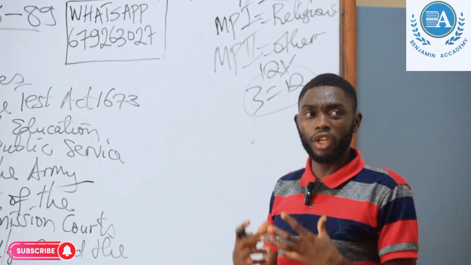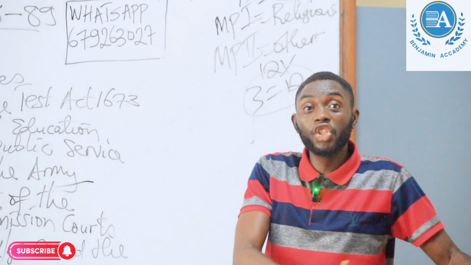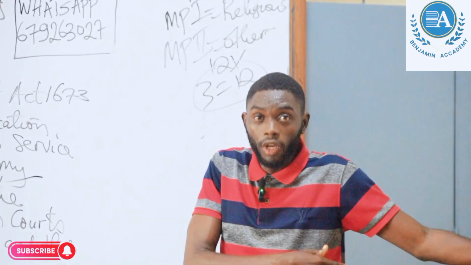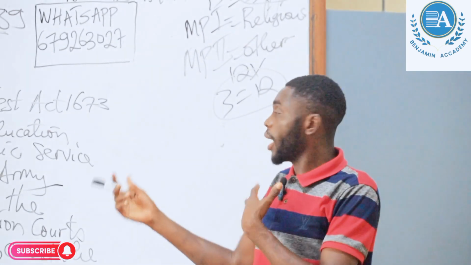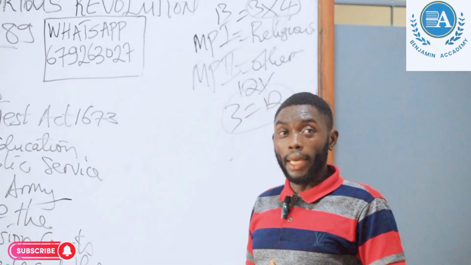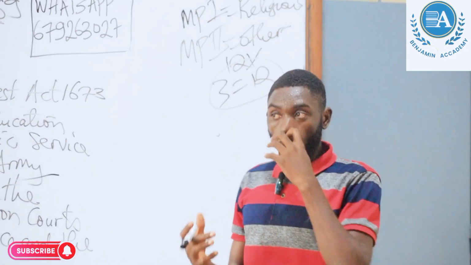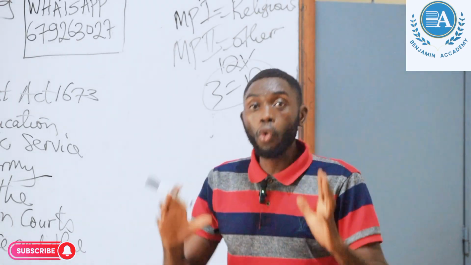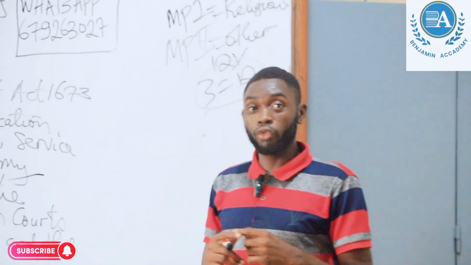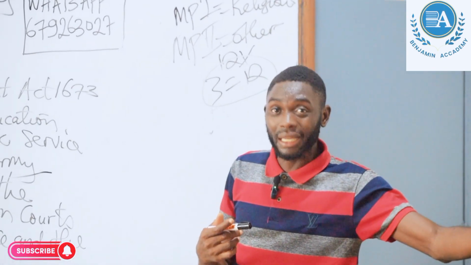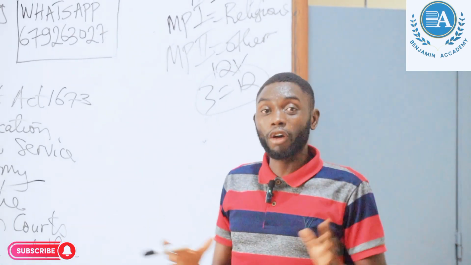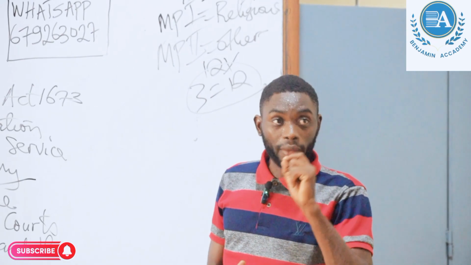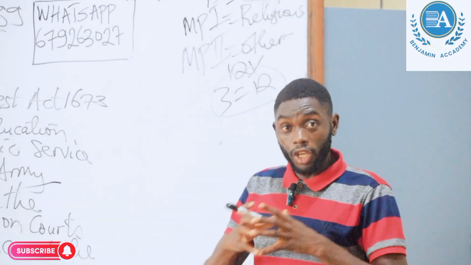If you write on the religious reason, you should take a transitional statement, which is another paragraph, to introduce the main part two of the question. Well, we have looked at the causes of the revolution. In our subsequent videos, we are going to look at the glorious and inglorious aspects of the revolution. We are going to look at the Bill of Rights, the effects of the revolution, and the Revolutionary Settlement Act that was passed at the end of the English Glorious Revolution. To round up the topic, we then enter another crucial topic, the American War of Independence.